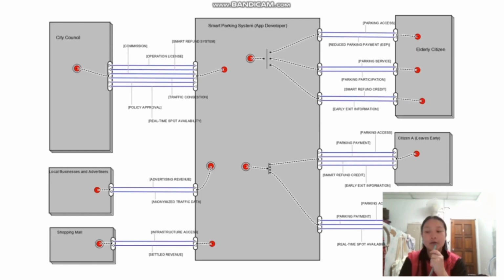My matrix number is 109271 and today I will present scenario 5 of our smart city parking system project, which is called the incentive strategy, also known as the smart refund mechanism. In this scenario, the city council introduced a new strategy to reduce traffic congestion and improve parking space utilization. The idea is simple. If a user leaves a parking spot at least 15 minutes early, the system gives them a small refund credit. Then the parking spot is immediately updated as available in the app for another user.